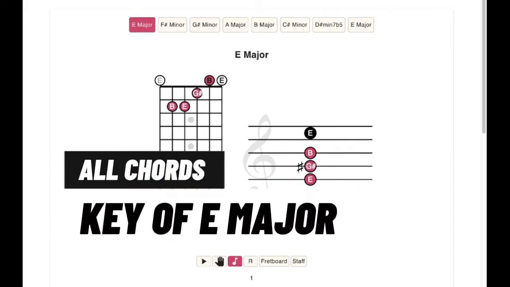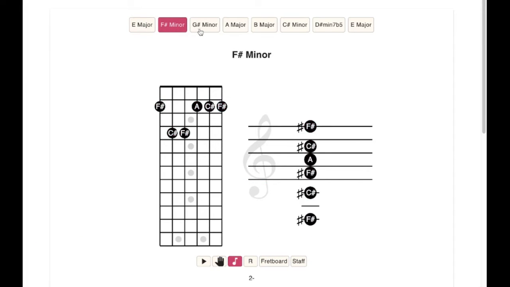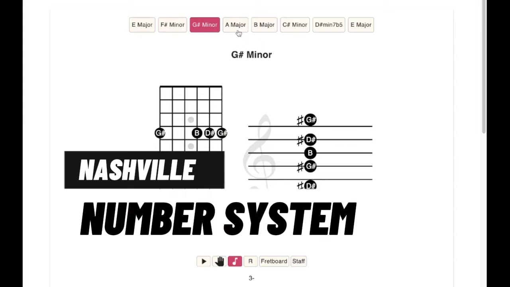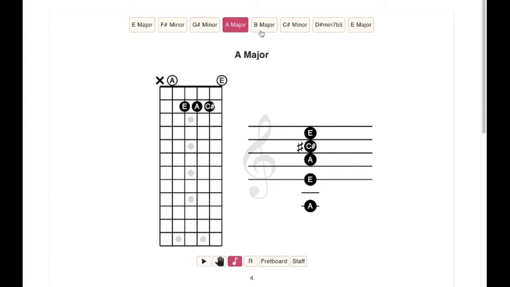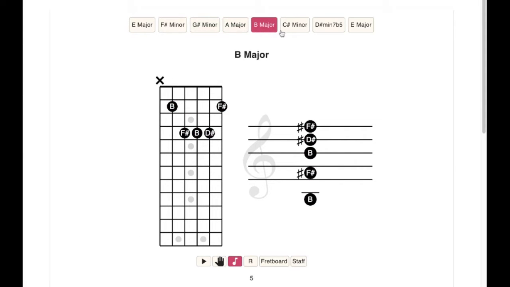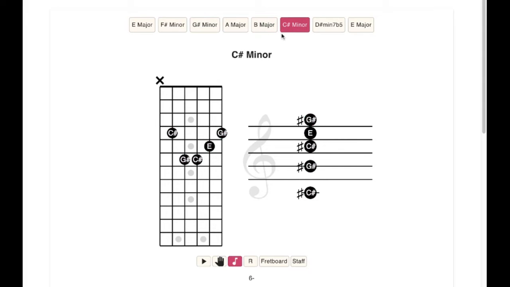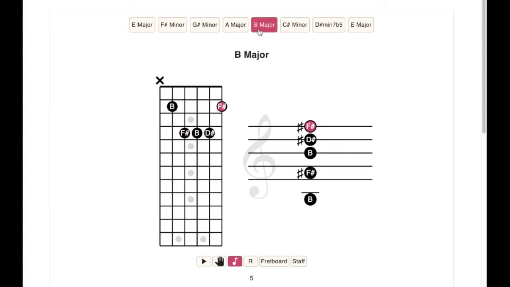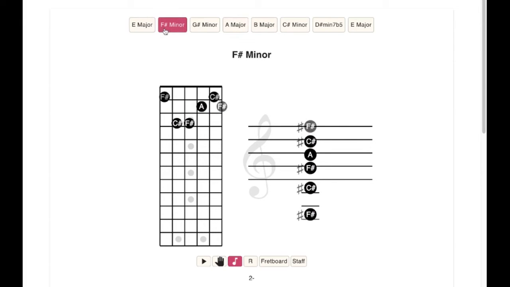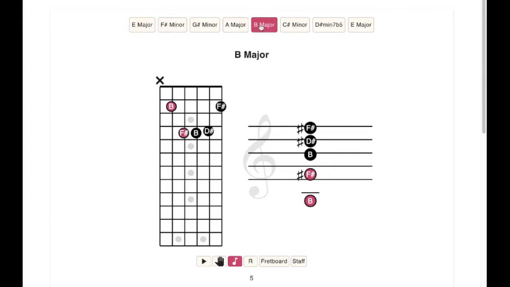Hey, guitar thinkers. Knowing the numbers of chords in a particular key is an extremely helpful skill to know as a guitarist and as a musician to help you be able to play lots of different tunes quickly, because these chords in a particular key just become a number. This is a 5, this is a 4, this is a 2 minor, this is a 5, and this is